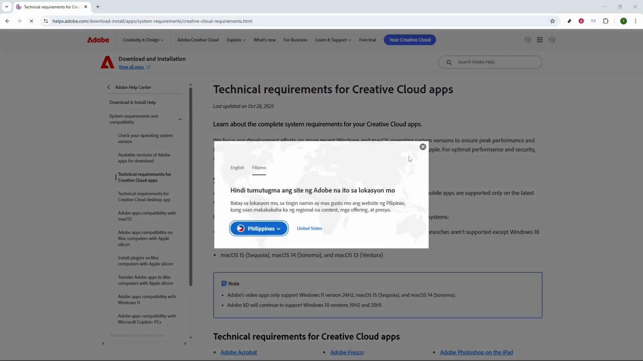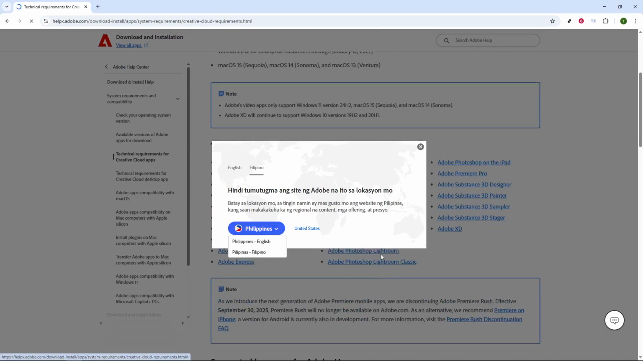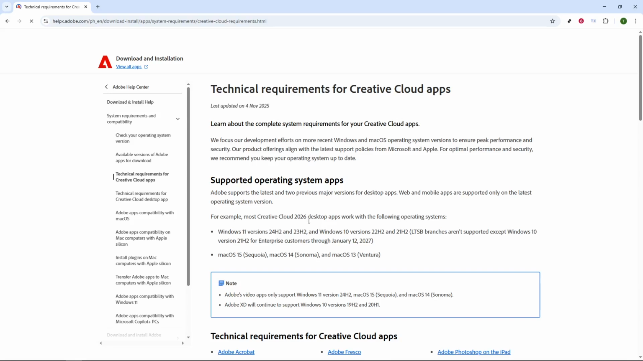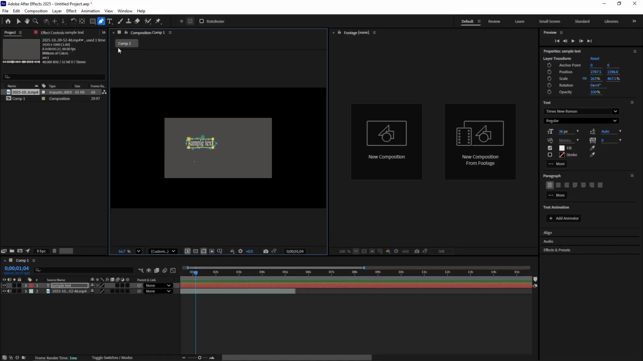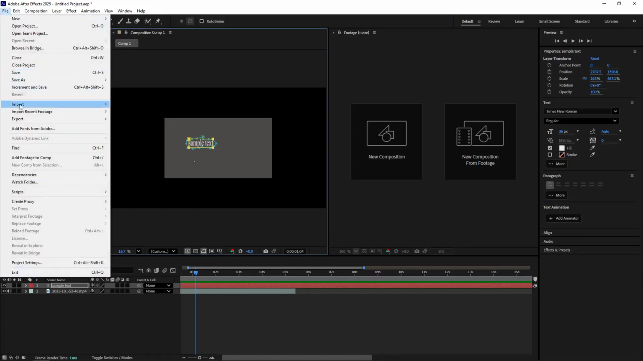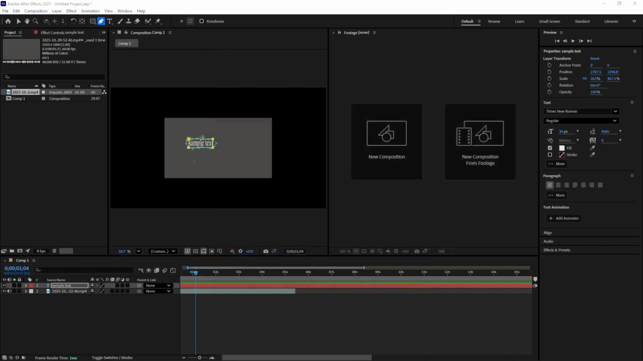Now, let's discuss a workaround. If you've updated your drivers but continue to encounter warnings or don't have the option to update your hardware, you can disable GPU acceleration. This can serve as a practical solution by allowing After Effects to rely more on your CPU. To make this change, go to your After Effects program, head to File, then Project Settings, followed by Video Rendering and Effects. Here, you'll need to change the renderer setting from Mercury GPU Acceleration to Mercury Software Only, or its equivalent. This adjustment may lead to decreased performance, but it will help avoid any compatibility-related crashes and ensure a